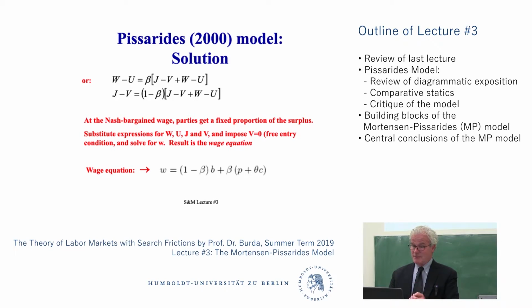Right? So we write the model down, and we say workers have bargaining power summarized in a Nash bargain by beta. b is the income in unemployment, so that's fixed. Beta is the workers' power. And then there's p, the productivity of the match, which is the same no matter who you match with. Then you've got theta, the only endogenous variable. So labor market tightness in this simple model contributes to the wage. When V over U is high, the wage will be high, and when V over U is low, wages will be commensurately lower.